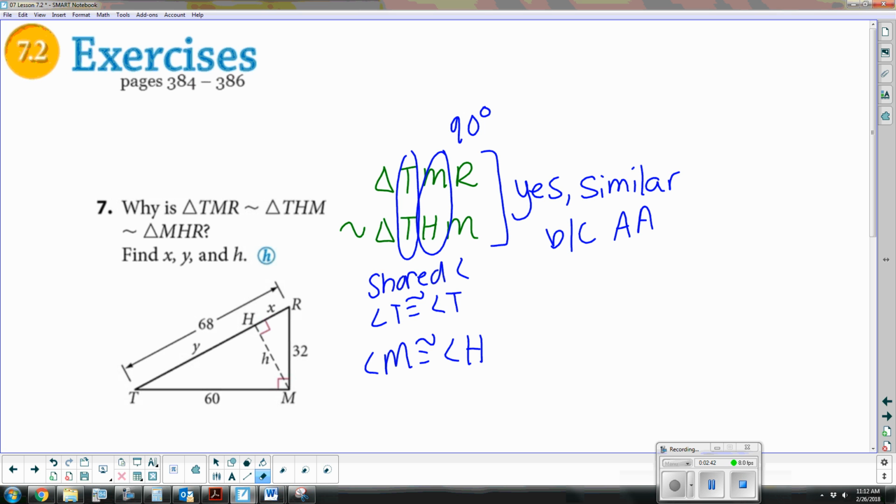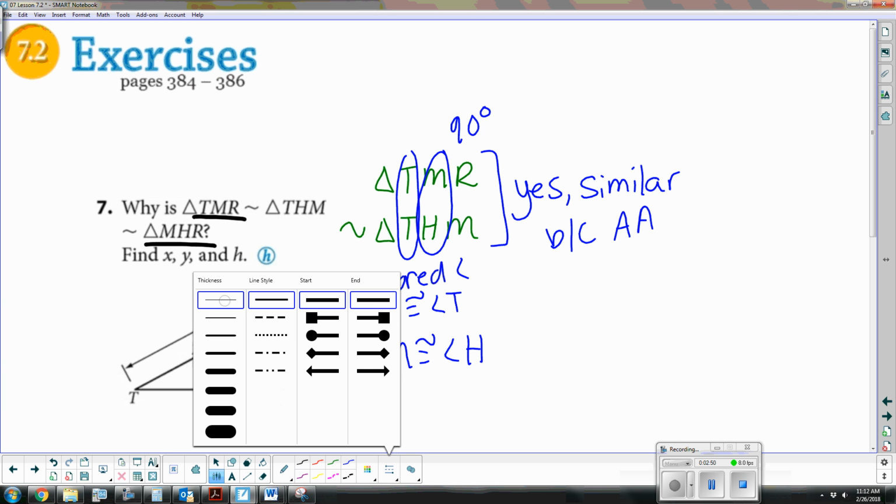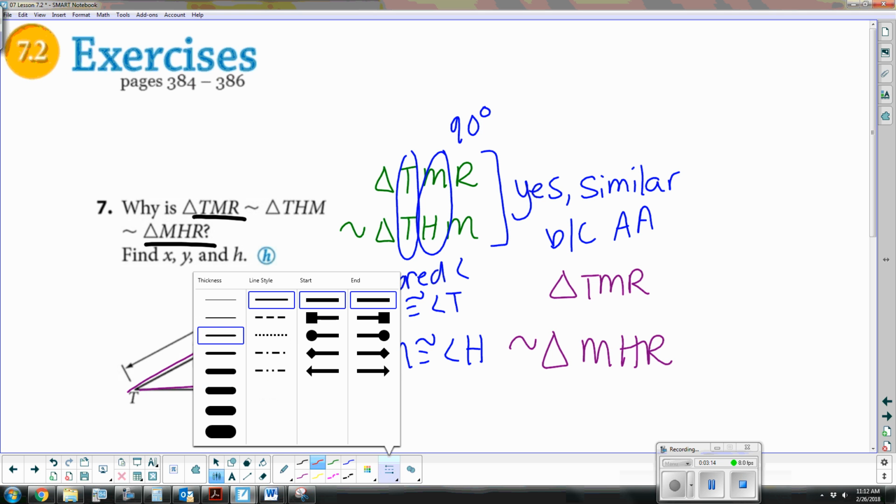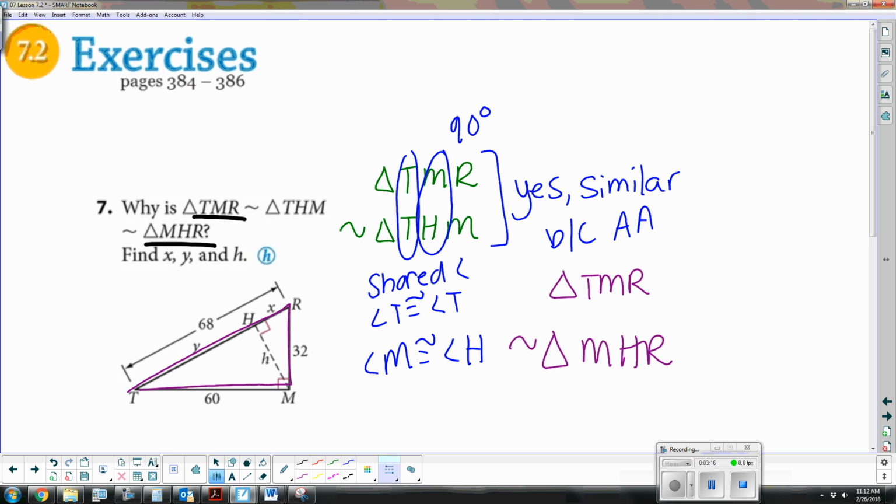Right, now our second thing we're going to show is, let's focus on TMR and MHR. So again, I'm going to write my similarity statement. Triangle TMR and triangle MHR. So TMR, the triangle that we just looked at, and MHR. Well, if you look at these two triangles,